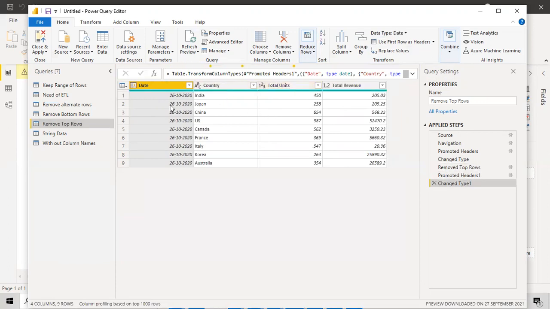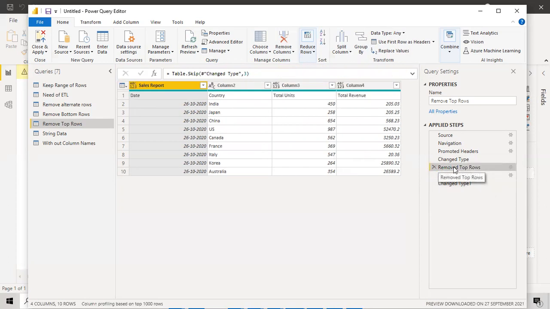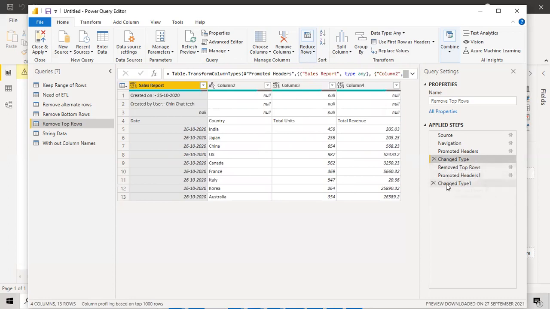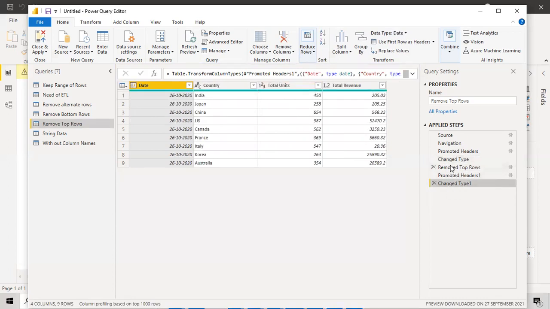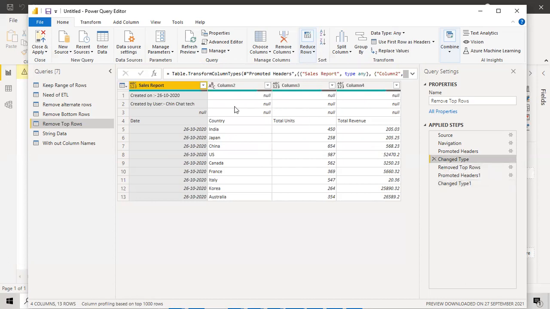So every step that you do, you will see a new step applied over here in the Applied Steps. Every time you do some mouse operation, a new step will be generated over here. This is what you need to understand. Even if you don't want to keep that step, you can delete it and go back. This is what our table was earlier, and this is how our table became. We removed all the dirty data and cleaned the data. This is exactly the ETL process: extraction, transformation. We are cleaning up the data. Power Query means shaping and cleaning of data, so right now we are cleaning the data.